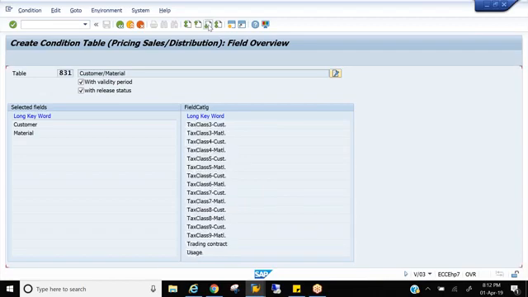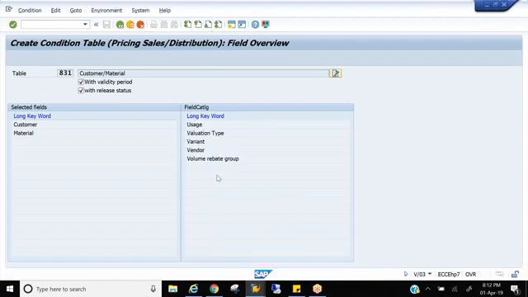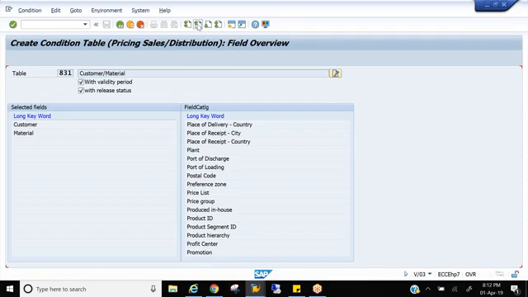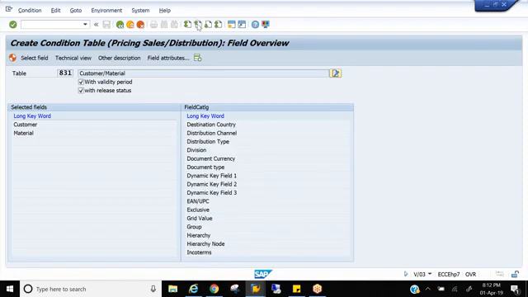That's it, done. So are these the only fields available in SAP? No, there are tons of fields, right? But why are there only a few fields? Okay, I want to add a new field called customer classification. Let's see whether we have customer classification or not. So CO... do we have anything called customer classification here? No, right? That means a lot of fields are missing here.